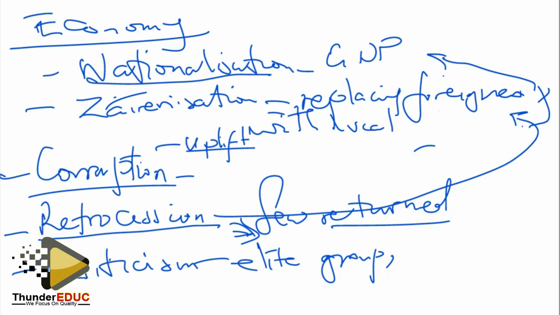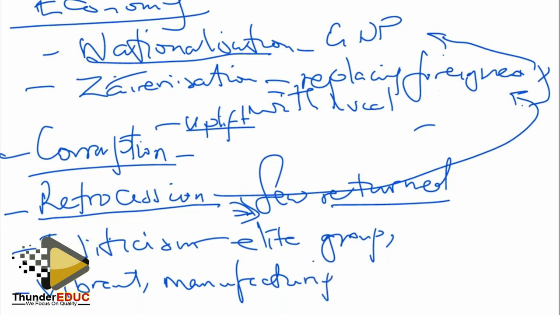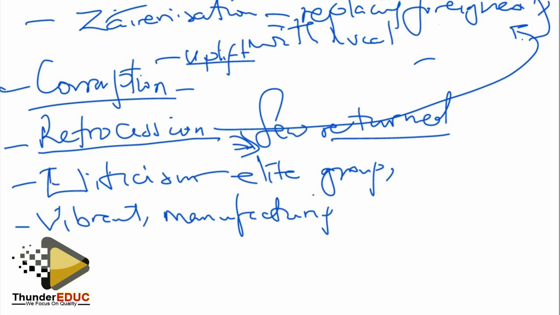Then we also look at the lack of a vibrant manufacturing sector. Because people were inexperienced, the manufacturing sector was not vibrant, which meant that manufacturing was not going very well, and the economy could not prosper without manufacturing. You have raw materials, but you can't process them. They had minerals, but they could not process such minerals, which meant the economy did not prosper much from those raw materials. And at the end, the economy collapsed